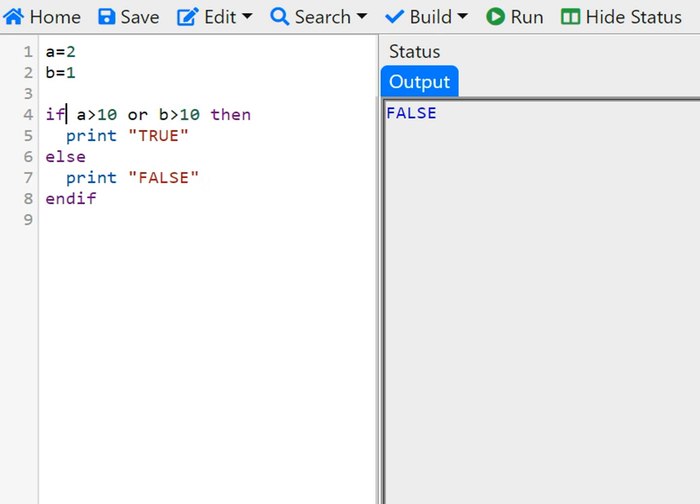You can also use parenthesis. You can also do something like this. Parenthesis is extremely useful in enforcing precedence. Precedence is the order in which it happens. Say for example, you can do this, and you can also do something like this, and you can say and a is less than 100.